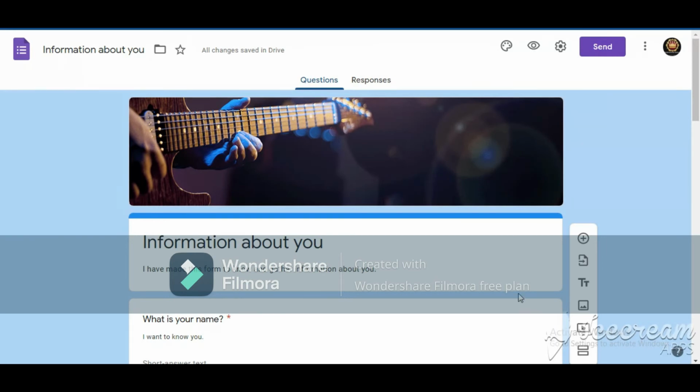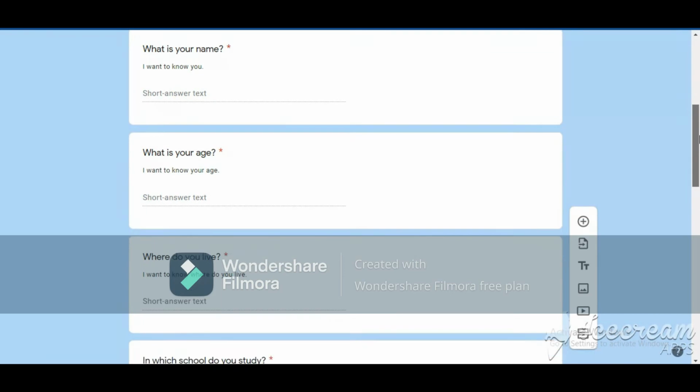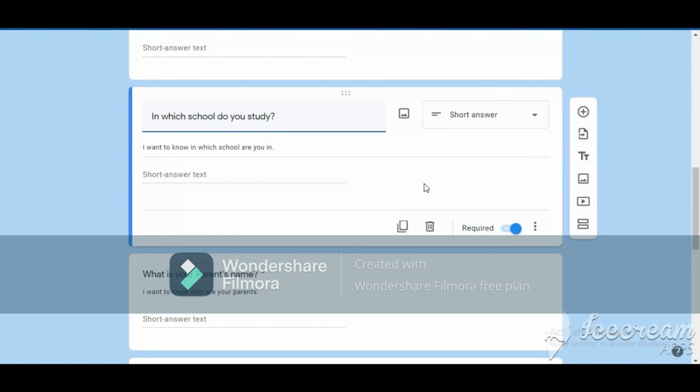Then if you want to know how the paper looks to the person, as you can see, the form looks like this, right? So it has been written as short answer text. If you click on it, then it will be showing like this. But the person who is going to write could not see all these things. He can just see the question and the description, a space to answer. He could not see all of these.